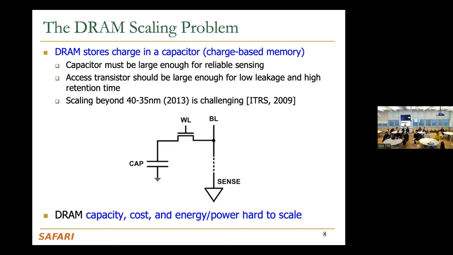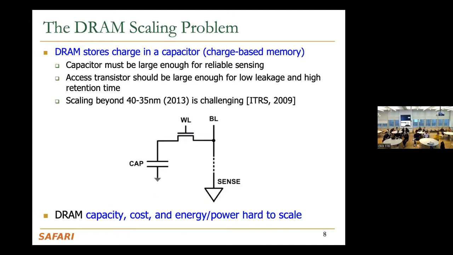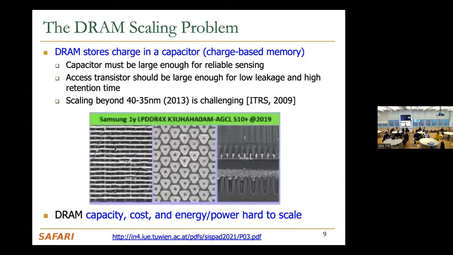There's a lot more noise, there's a lot more interference effects, and we're going to talk about some of those in this talk. As a result, this is the scaling problem, actually. If you actually look at a DRAM chip, it doesn't look very nice like this. It actually looks something like this. I'm not going to go into the lower levels of this, but people do a lot of really hard work to make these devices function. And making them function reliably is a difficult problem going into the future. These capacitors are actually very deep